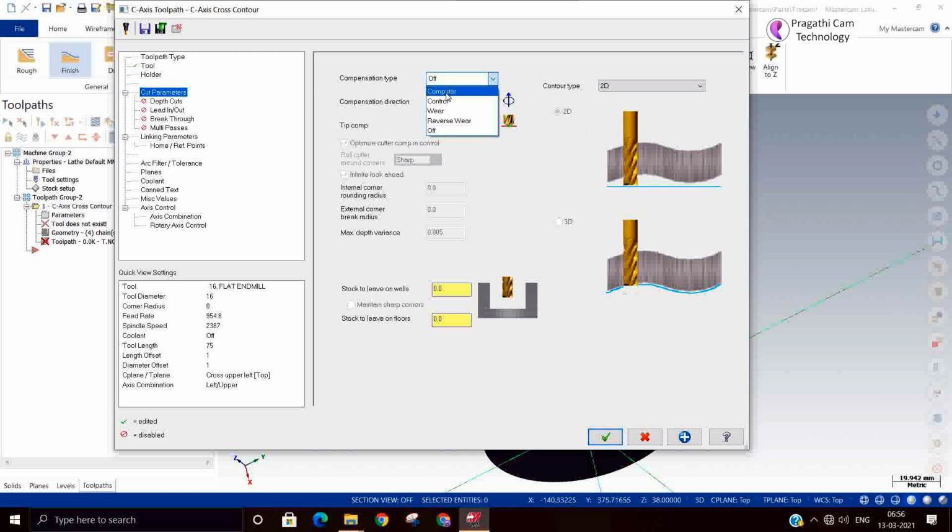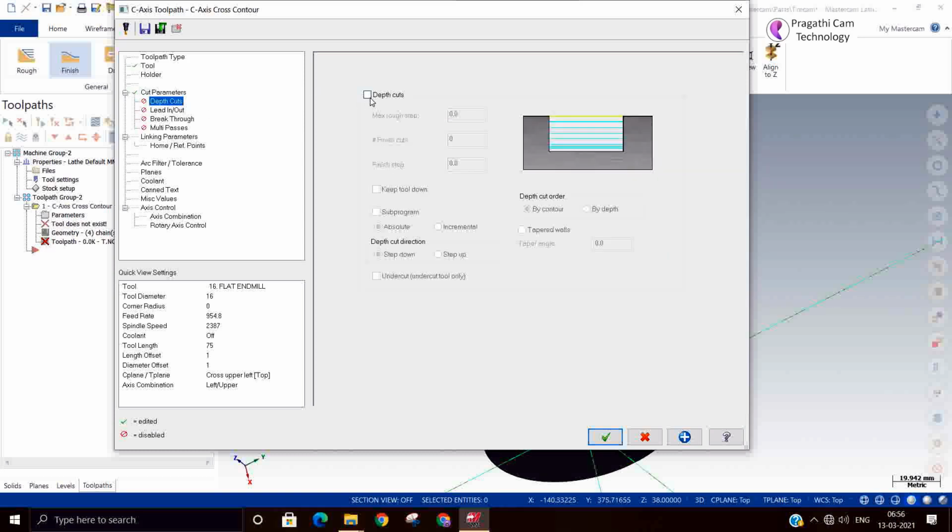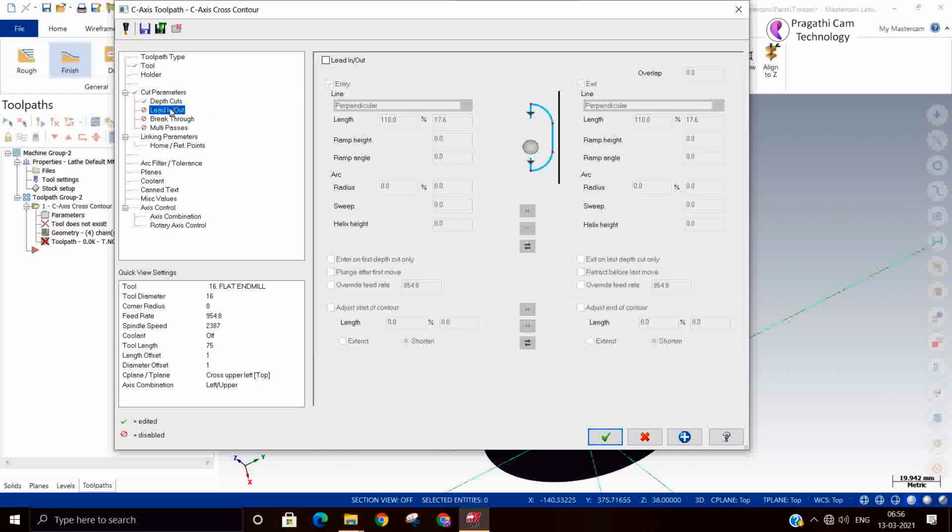Compensation: contour left side. Depth of cut 1 mm. If you want lead in and lead out, you can switch it on.